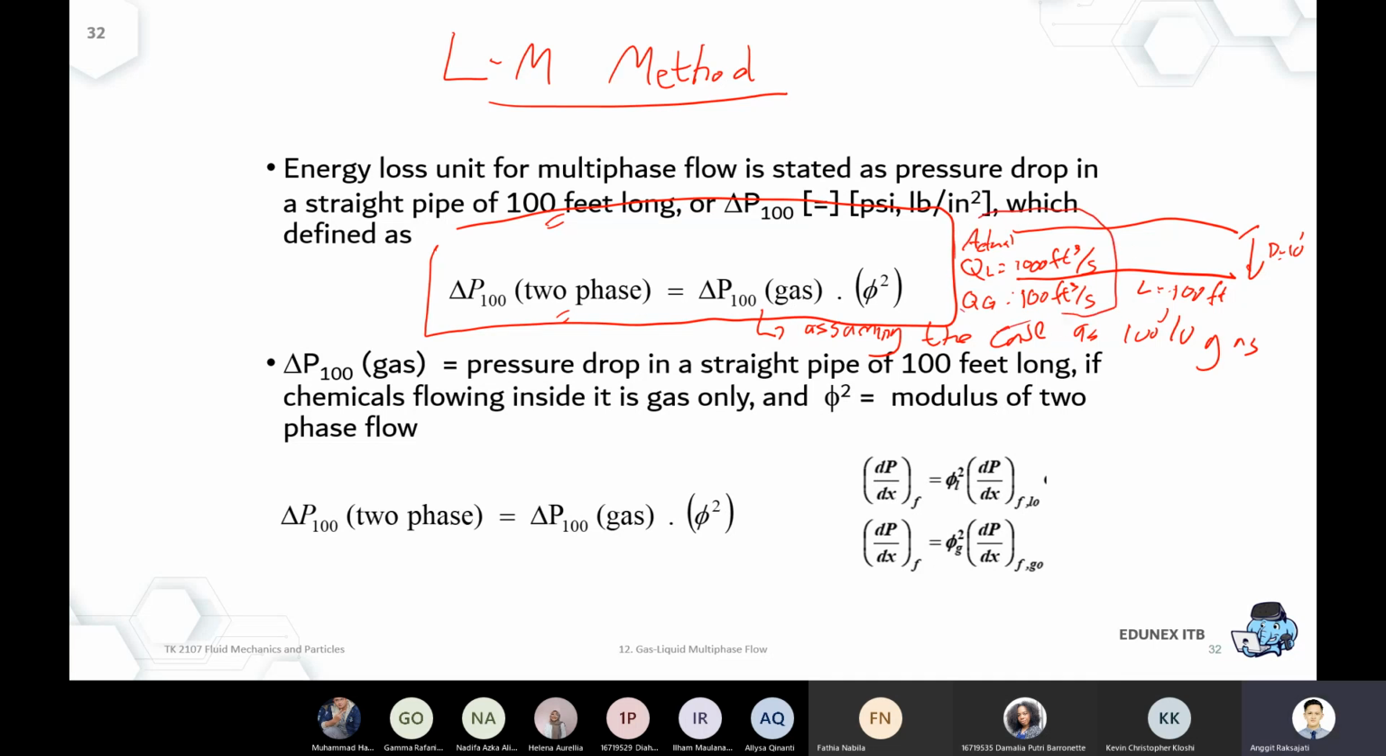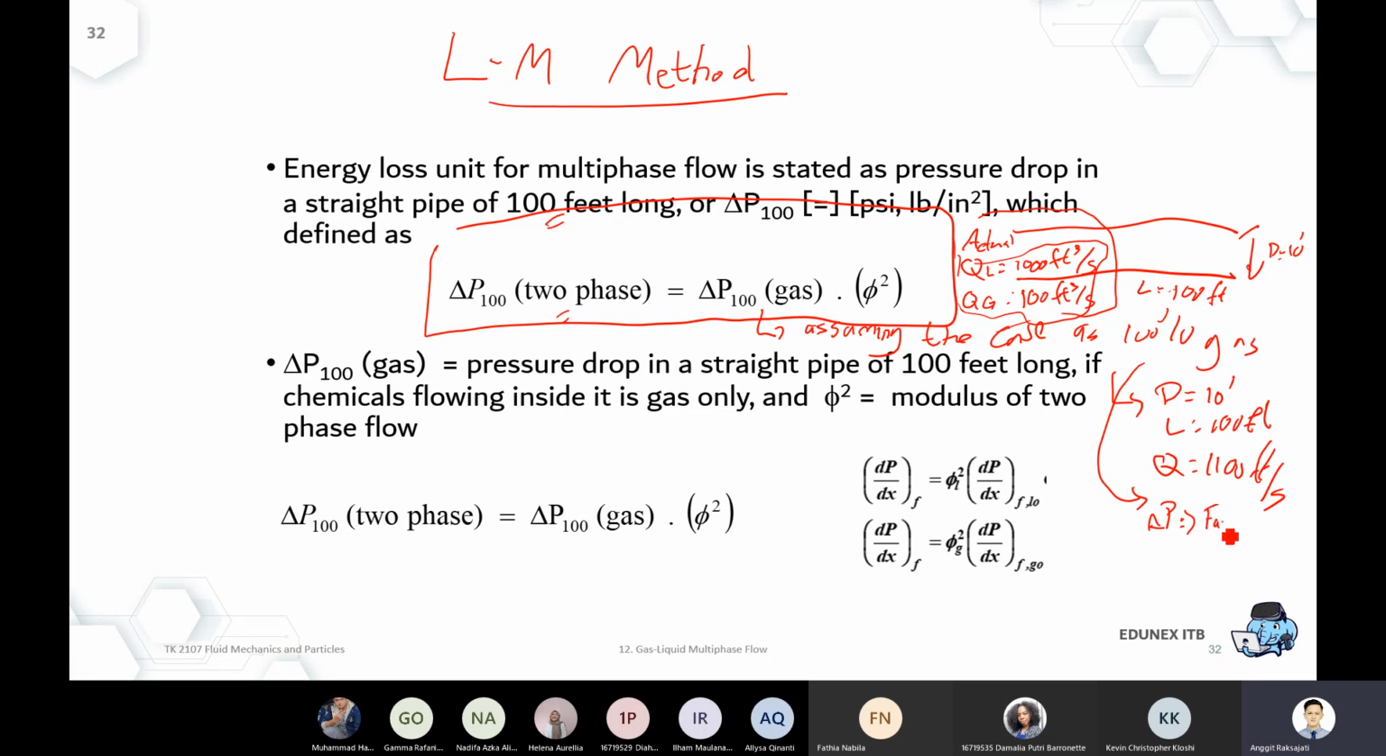but it's too hard to directly calculate under this condition. So the starting point is we assume the case to be 100% gas. We still use the same diameter of 10 inch, and the length of 100 feet. We now assume the total combined volumetric flow as 1100 feet per second. So all the liquid and the gas is assumed to be in a gas condition first. This is a straightforward calculation, because if it's assumed to be 100% gas, that means you can calculate the pressure drop